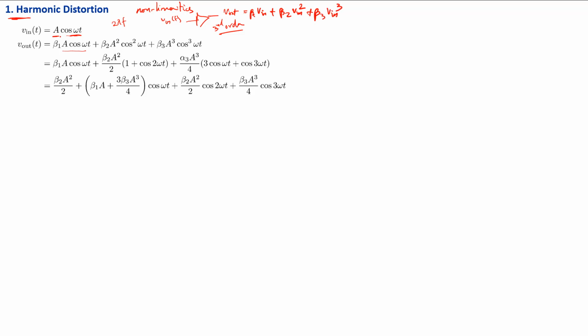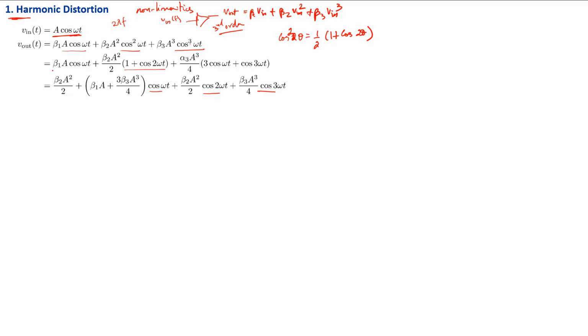But when V in is of the nature of cosine, then we notice that the cosine squared and the cosine cubed terms can be expanded by trigonometric properties, such as cos squared theta is (1 plus cos 2 theta) by 2. So such trigonometric identities can be used to simplify the square and cube terms in terms of cosines,